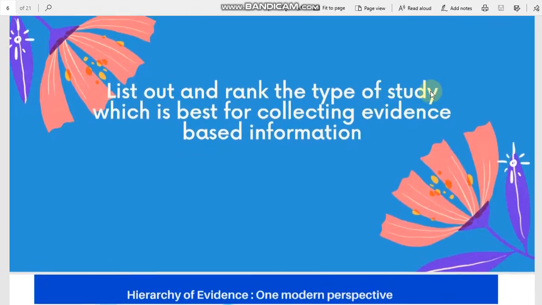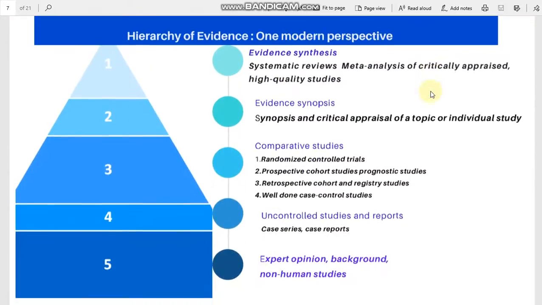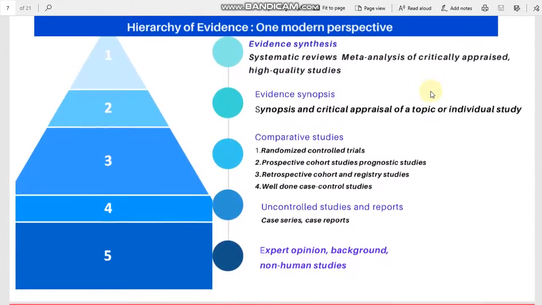Now you list out and rank the type of study which is best for collecting evidence-based information. So now take a paper and list out what type of study would be ranking first, so that you will be getting the best evidence. So you have written it. So now you see what is the